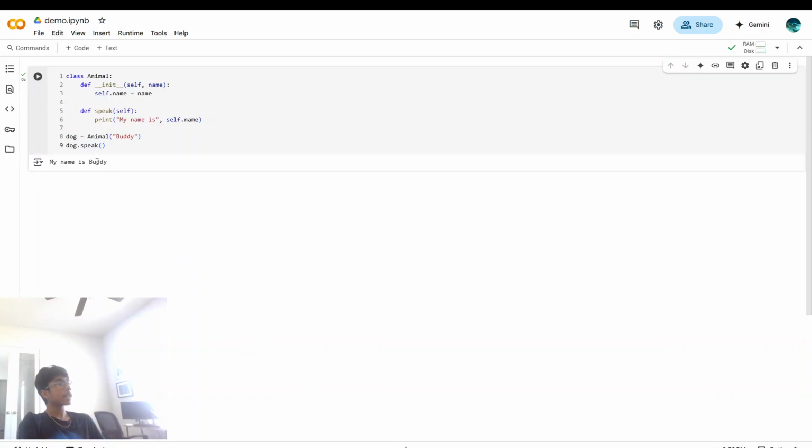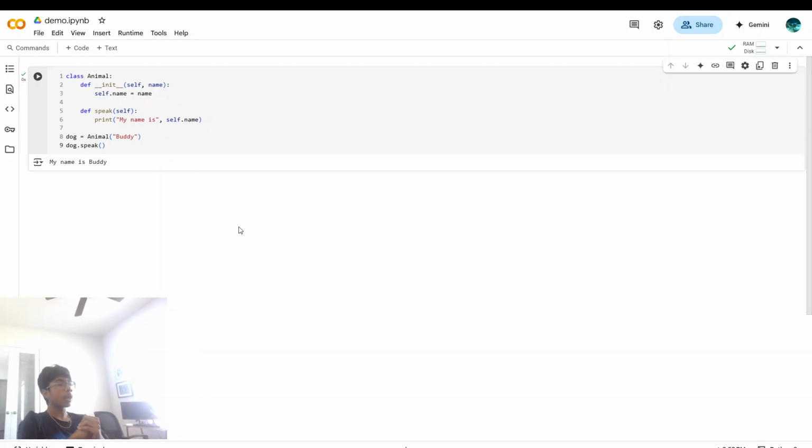As you can see here, it has said, my name is Buddy. So this example shows us how classes let us create multiple objects, each with different data, while reusing the same